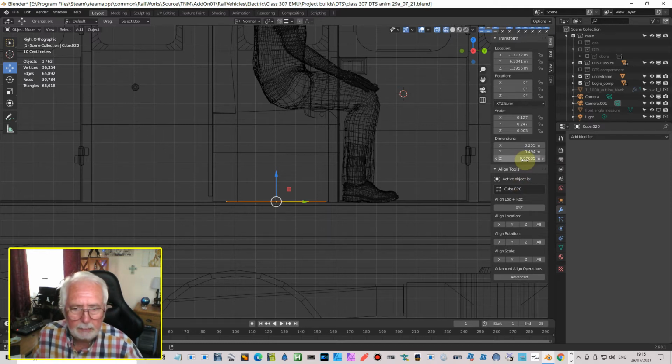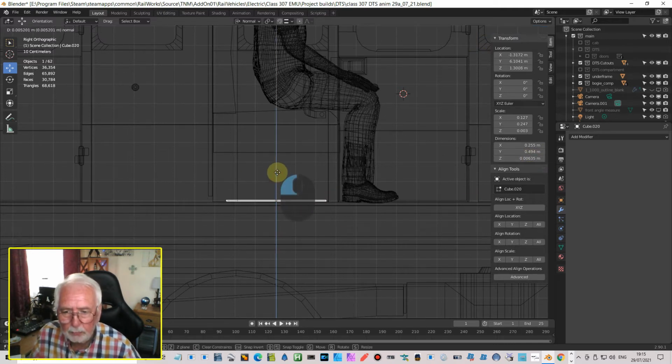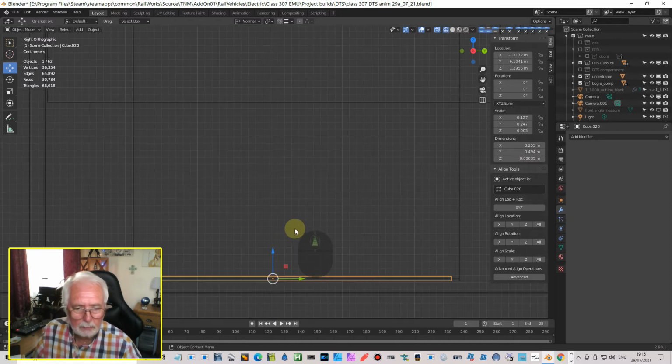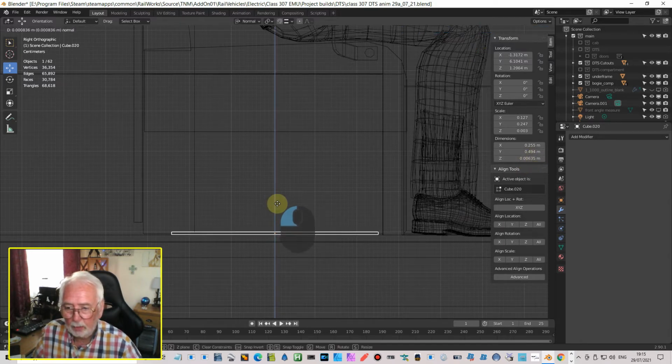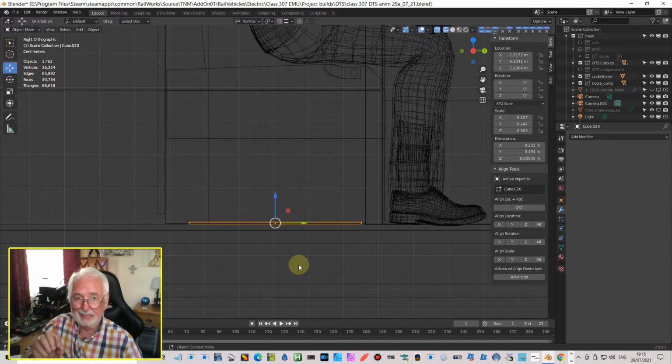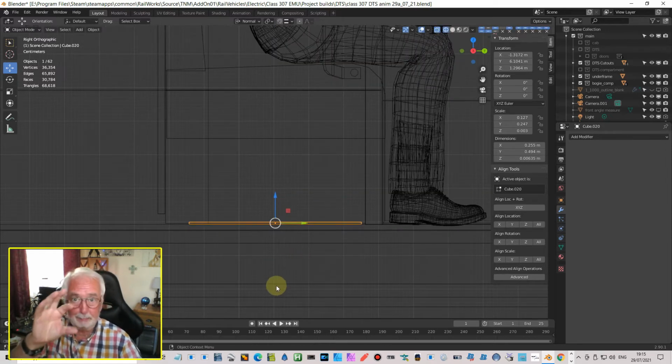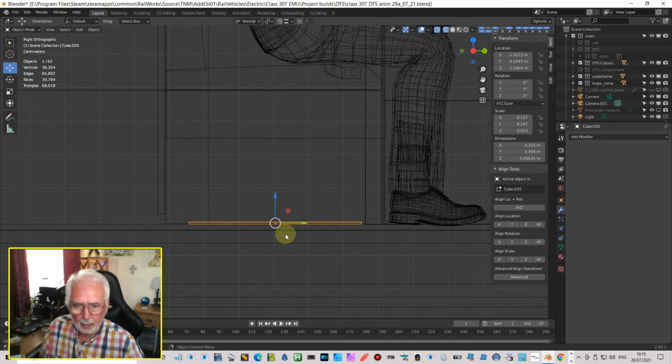Did that take? Have I pressed? Did I do the wrong one? So 0.25 of an inch. Well, it's telling me that's a quarter of an inch. I'm not sure it is, but I'll take its word for it. It probably will be 6.35 millimetres. Anyway, I'm not going to go higher than a quarter of an inch of metal. Otherwise, that's a big lump of metal. Okay, let's go